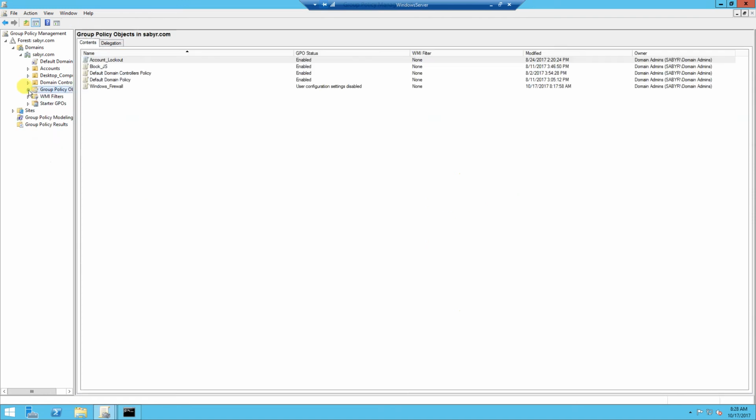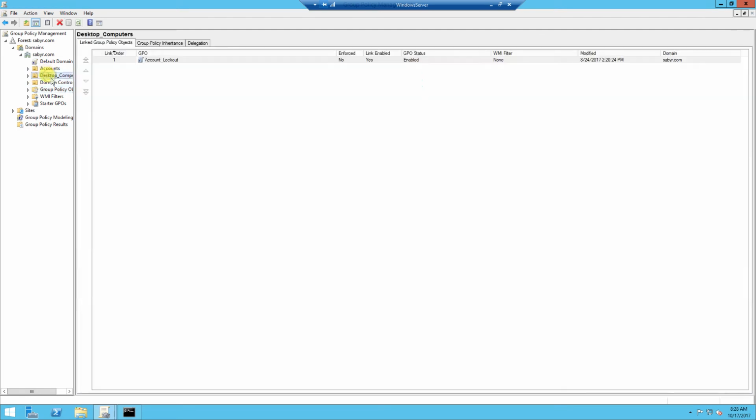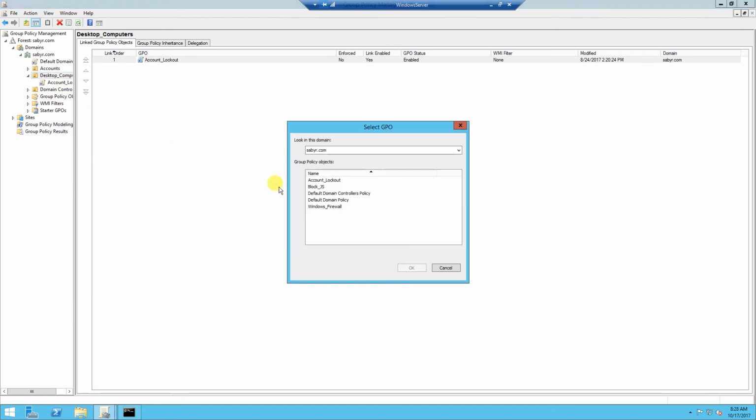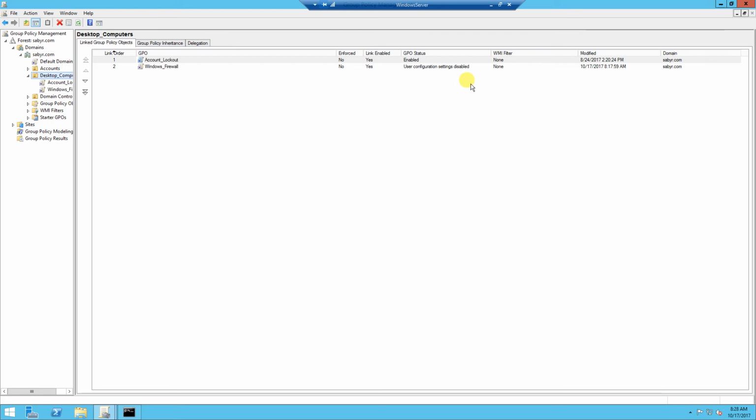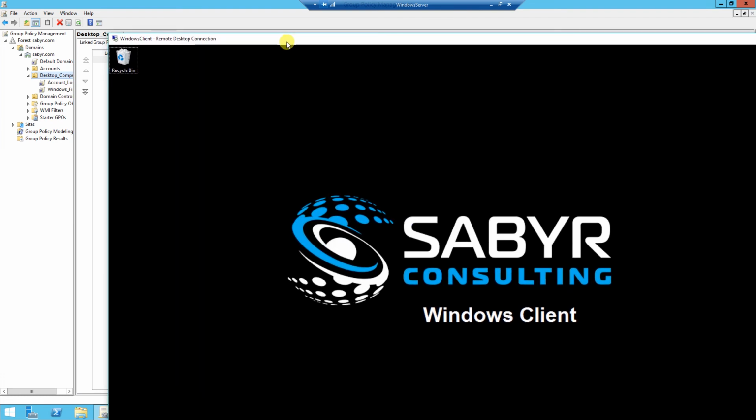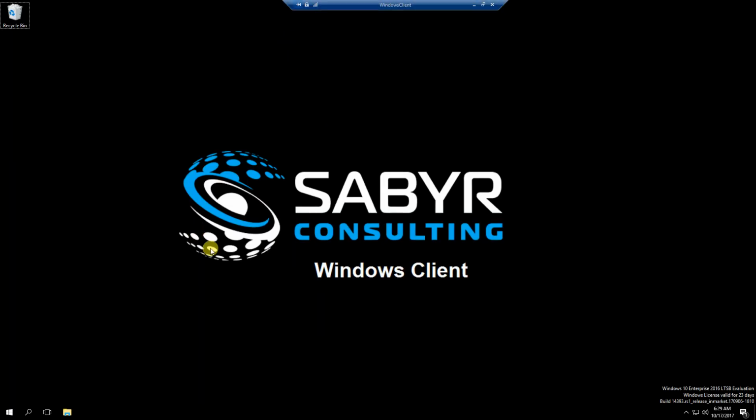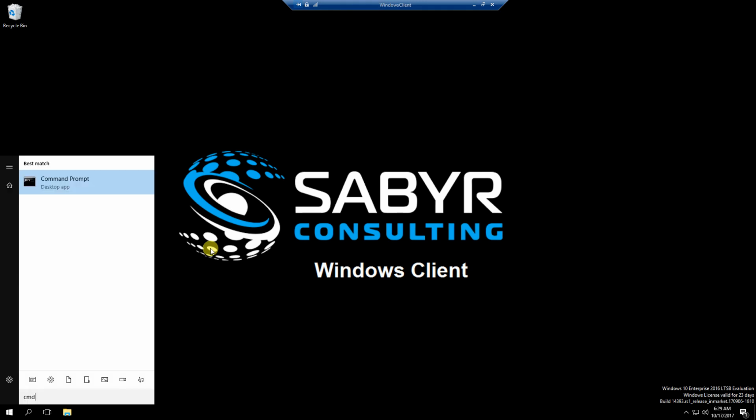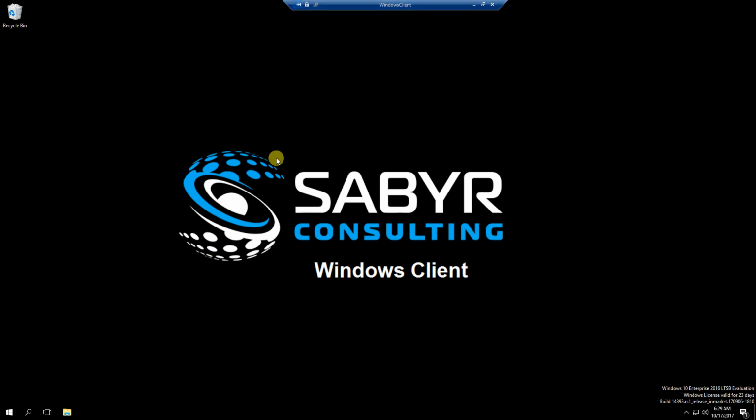Now what we do from here is the Windows client is currently in an OU called desktop computer, so we need to link that GPO to this OU. So we issue a right click, link existing GPO, and select Windows Firewall. Once that's done, you would normally have to wait anywhere from 90 to 120 minutes before your Windows clients refresh group policy. But since we have a direct connection to this client, we'll just go right here, open up an